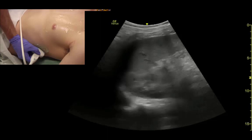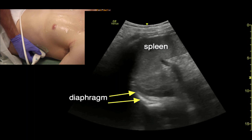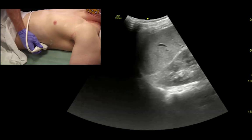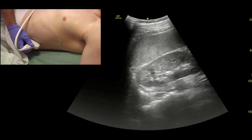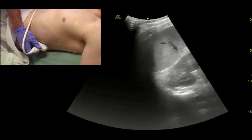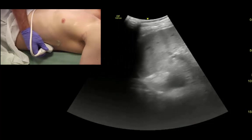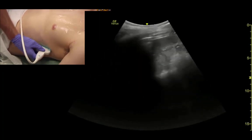And what we want to do is find the diaphragm first. So here we can see the spleen, the diaphragm. Pointing out that we'll see the spine down here, but it stops at the diaphragm. And as we look into the chest, we no longer see the spine because the air in the lungs shadows it out. And then to examine the lungs in the lateral views, we'll do the same thing where we lawnmower or zigzag our way,